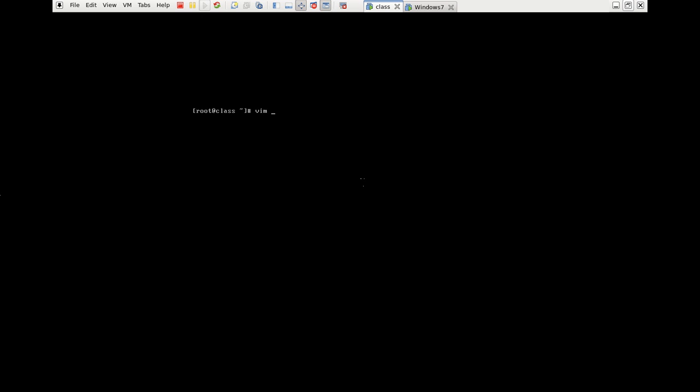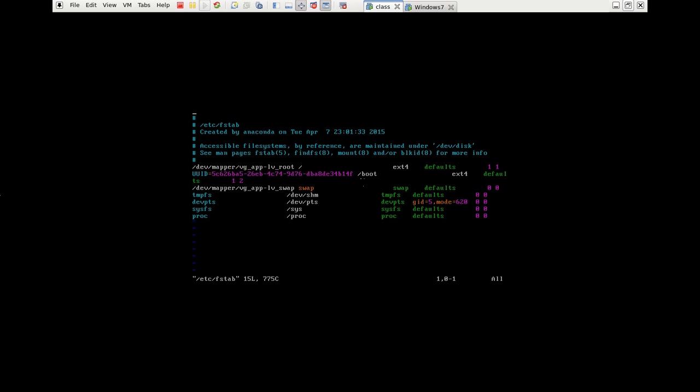Okay, so I open the fstab file and add the entry. I'll put the IP address of my Windows machine, that's 7, and I'll put the directory that I want to mount, backup. The second column is the mount point, which is /samba. The file system is cifs, CIFS. Defaults, _netdev, just to specify that it is a network device, and credentials